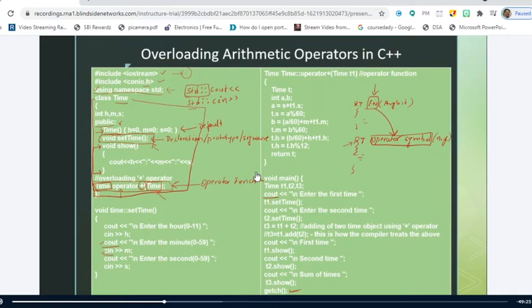What is the type of this object? Type is nothing but the data type. What data type have we defined in this particular program? The user-defined data type, which is the class you have defined, is nothing but the type. So this operator function is returning an object of type time, and it also accepts an object of type time. That's the meaning of this statement. Is it clear up to this point? Yes, sir.